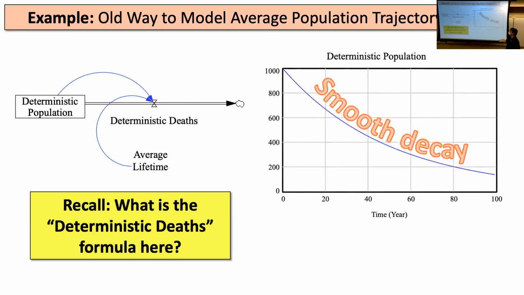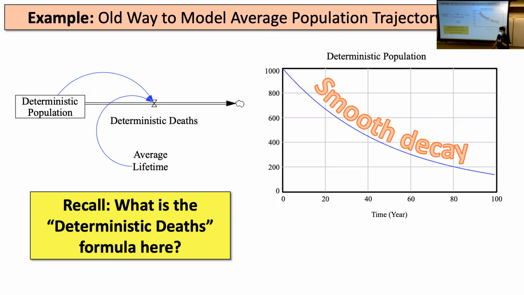So if I did that, then I could start out with 1,000 bacteria in my initial population. I could hit play in VinSim, and it would start with 1,000. Because there's no births, the bacteria are just dying, you would get this smooth decay, where eventually it would asymptote out at 0. So this is just the bacteria dying off with an average lifetime of this lifetime. So there's no variation there. This is just on average how the population would act. If I looked across my 5 petri dishes and took the average at every time instant, then this describes the average that I'm going to get across those dishes.